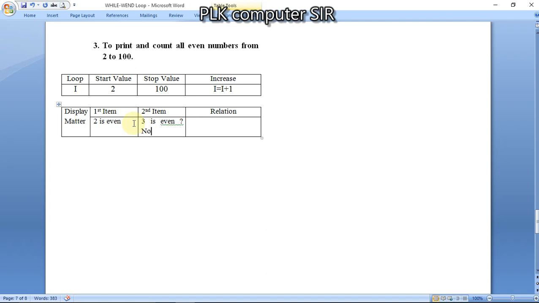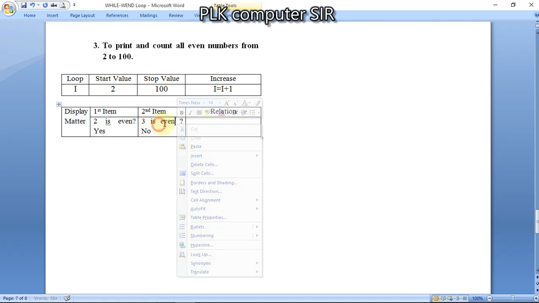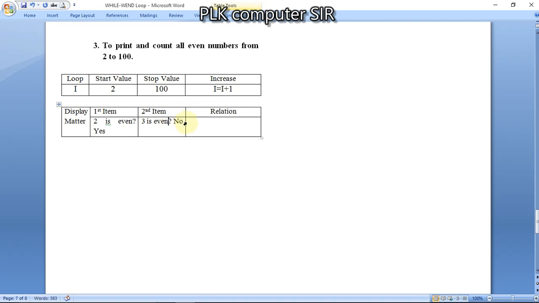No. So 2 is even, the answer is yes. Similarly the third number will be 4, so 4 is even, yes.